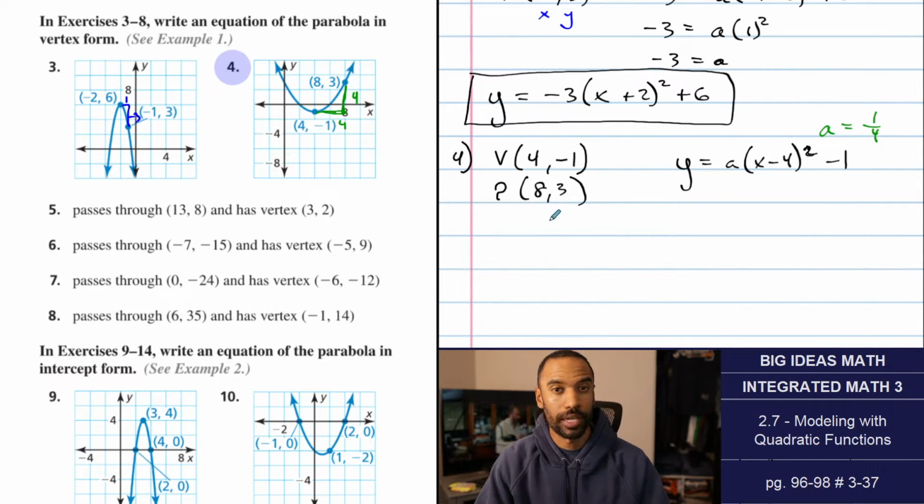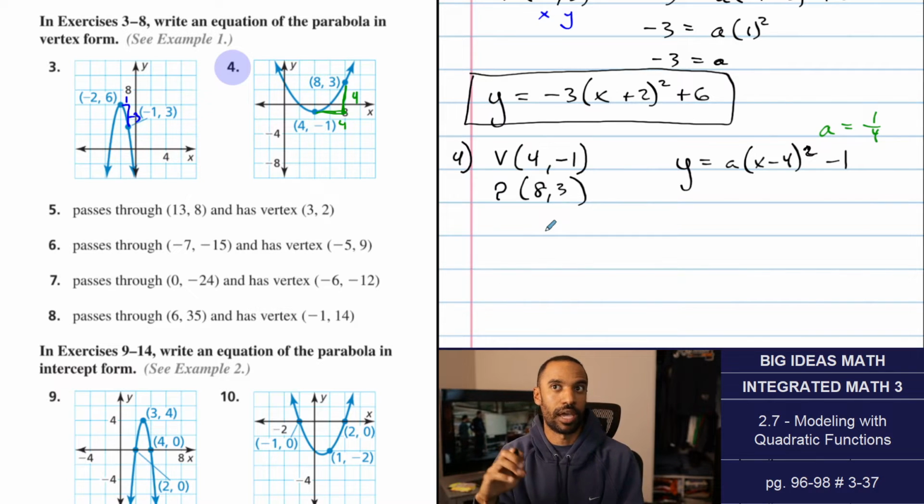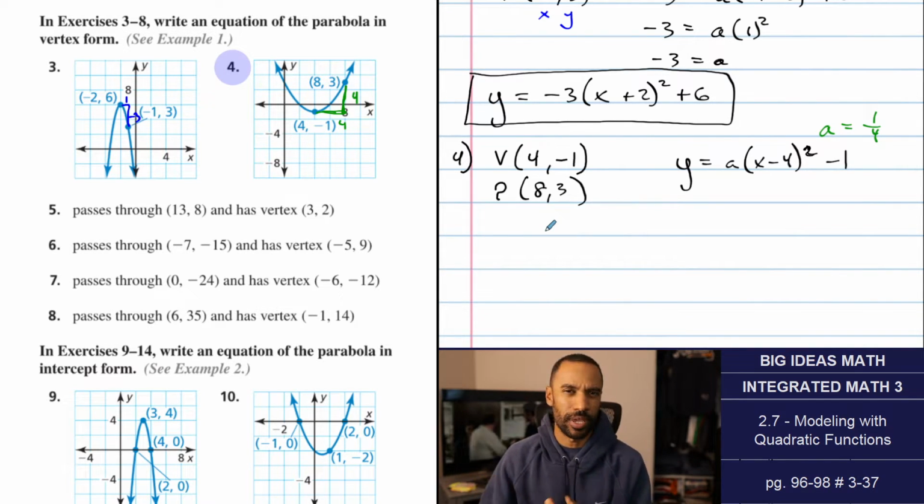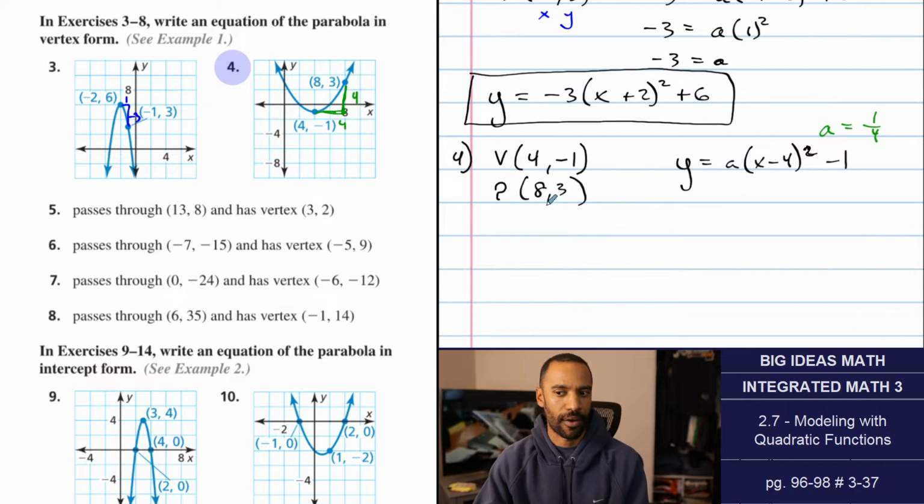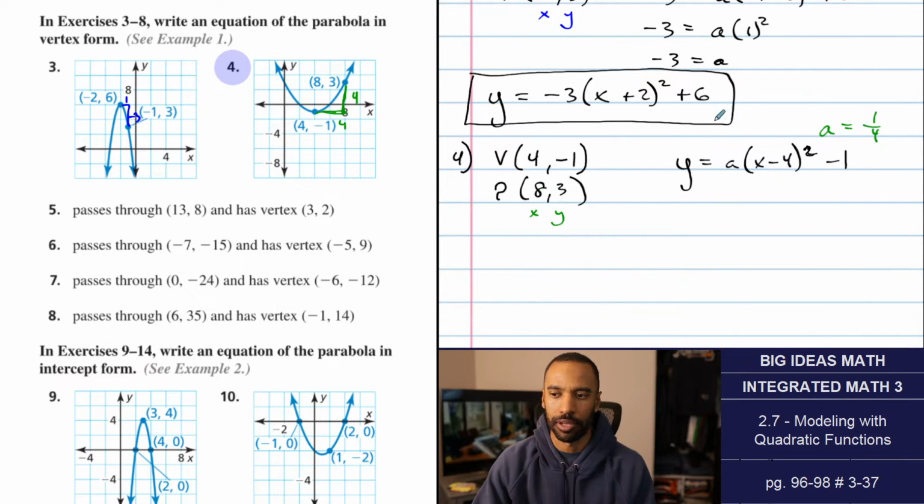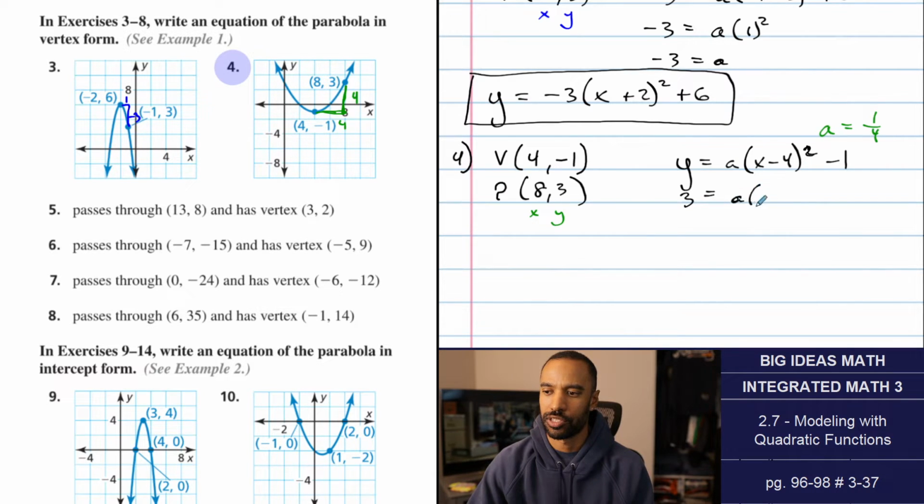Some are going to be a little bit trickier. If instead of going up 16, I'm going up 2.8, we're going to talk about how we can work that mathematically without having to plug these in. But I am going to plug these in. Let's plug in 3 for y, 8 for x,